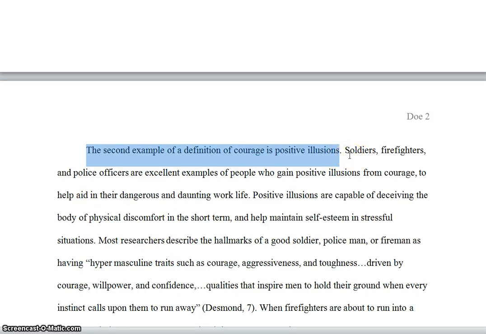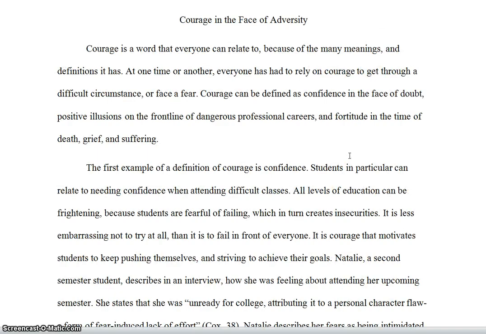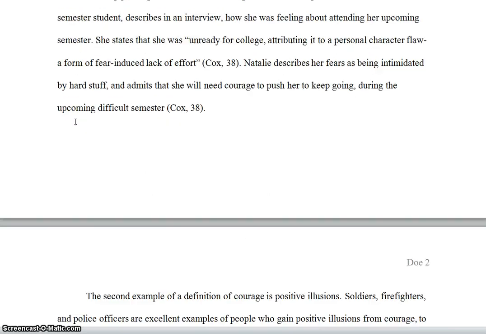In other words, if you have a dangerous career, it takes courage to pursue that career. And so the second paragraph matches with positive illusions, which is in your thesis statement.